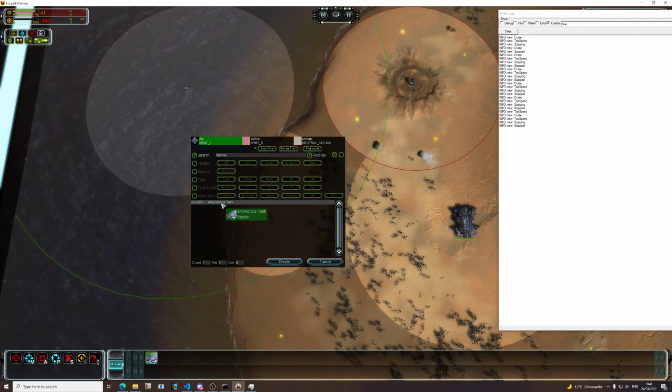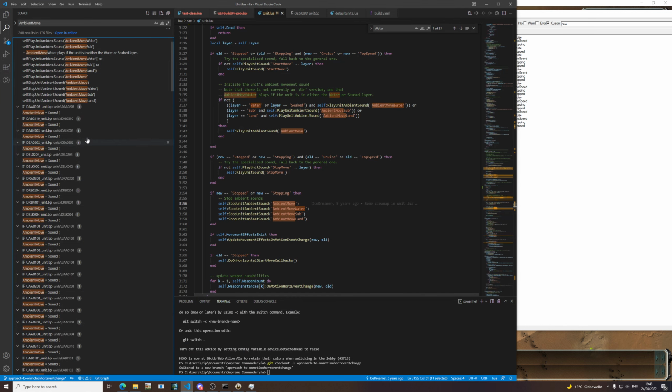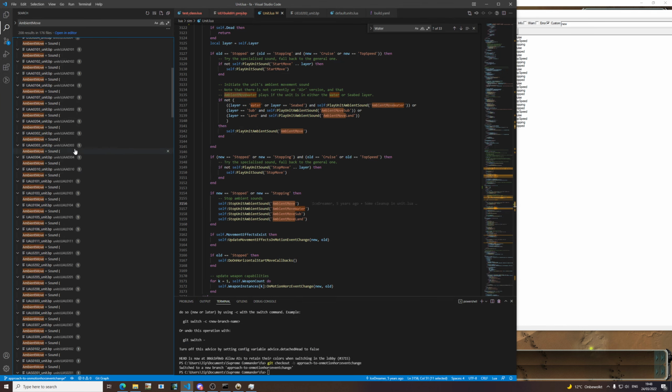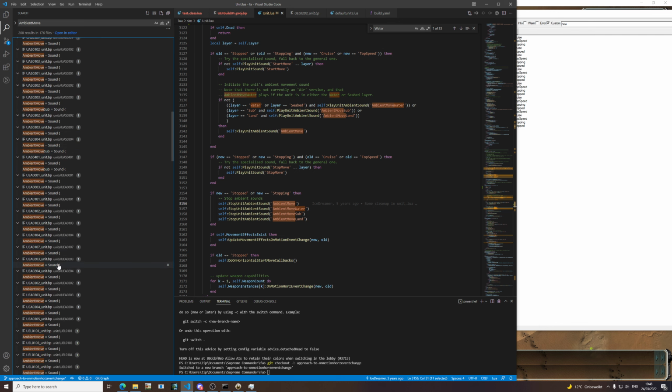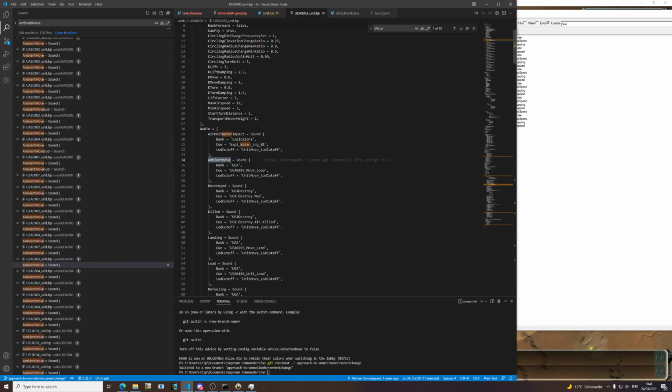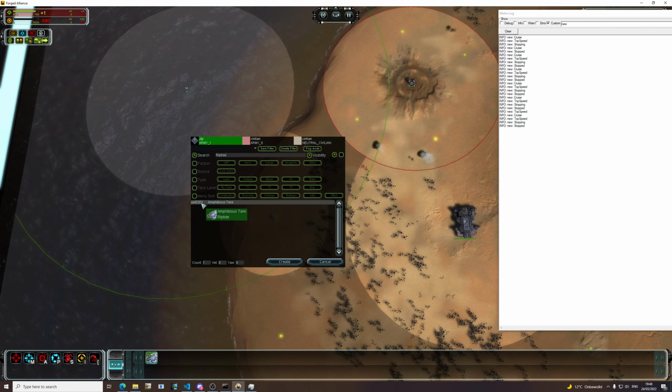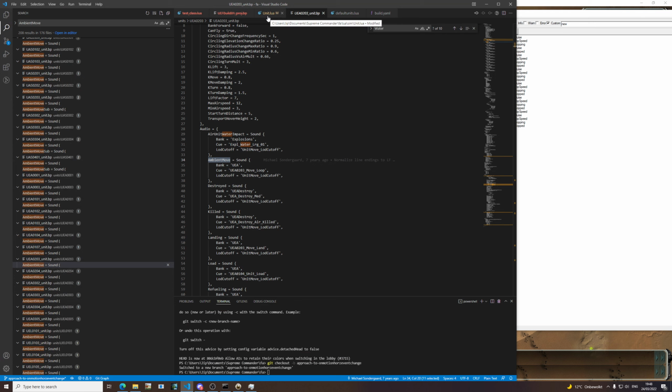Riptide. Amphibious tank, Riptide, UEL 0203. It has a regular ambient move too. Is this the right unit? Yeah. Okay, so I think